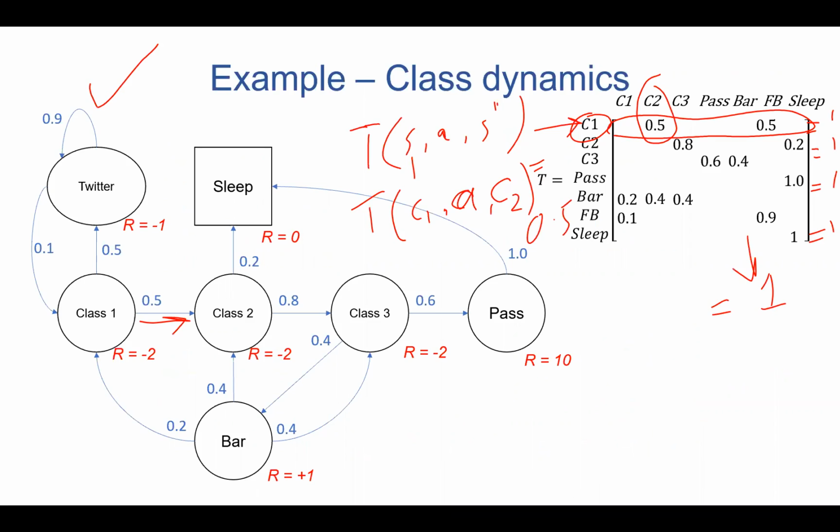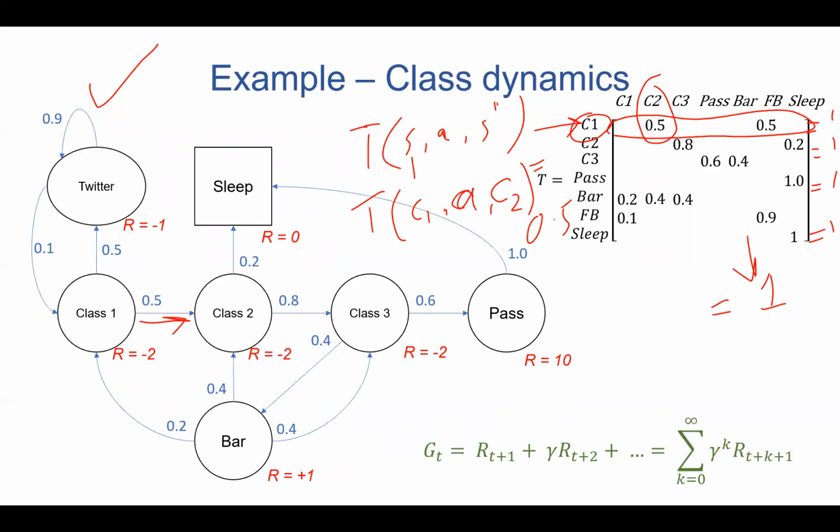So at every step, now you see here, if you're in class 1, there is a 50% chance that you get to class 2, but then you're going to get the reward of -2. These rewards can be negative. That's okay, right? Because we're not talking about the least cost possible solution. You can get a reward of -2, but then look at the final reward that you have. Final reward is going to be much larger than the immediate rewards.